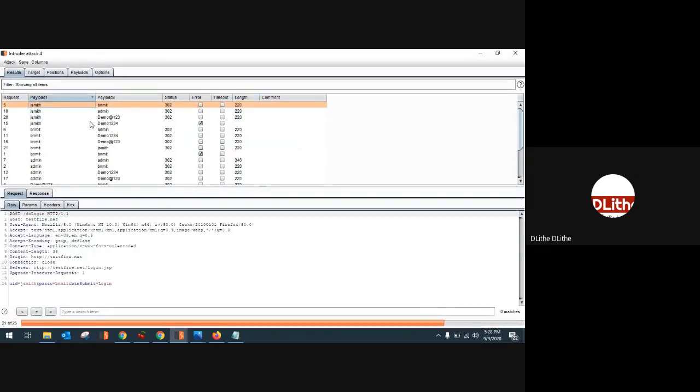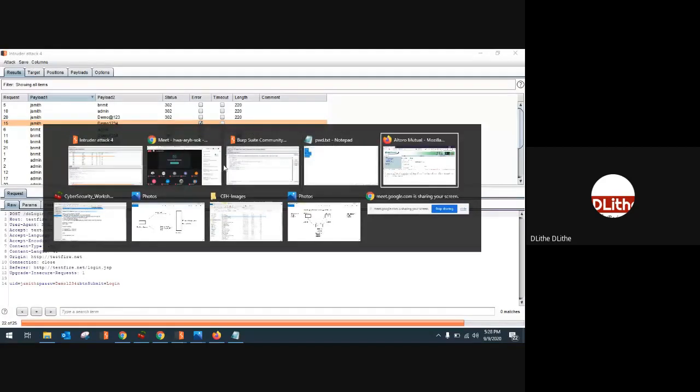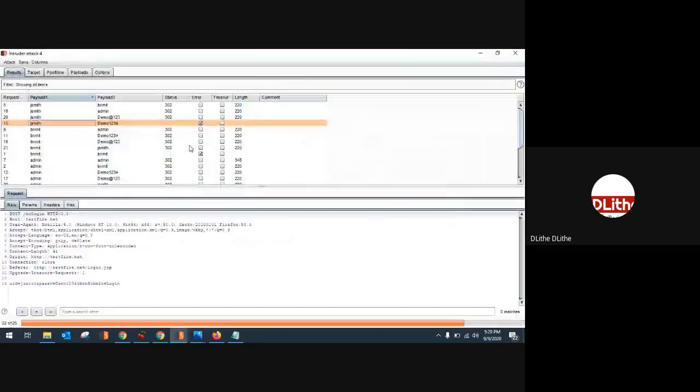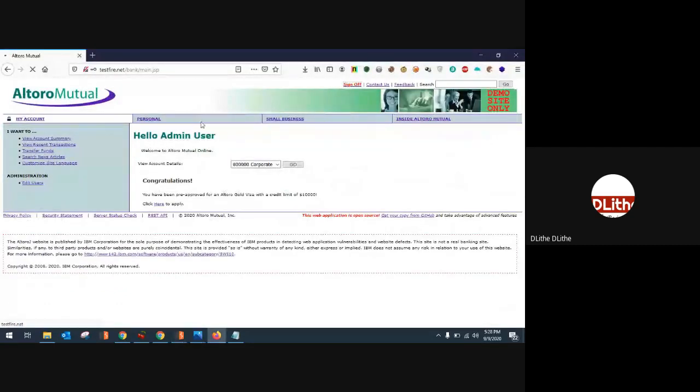Okay, so this was the right password, but it's giving an error. Let me check the right password. Demo1234 was the password, if I remember. The website has become so laggy now. Okay, no problem.